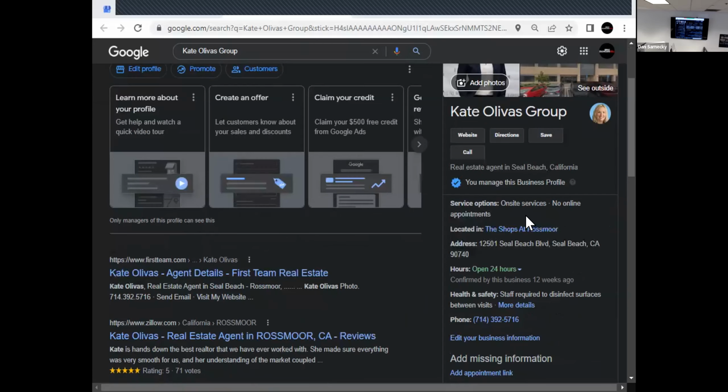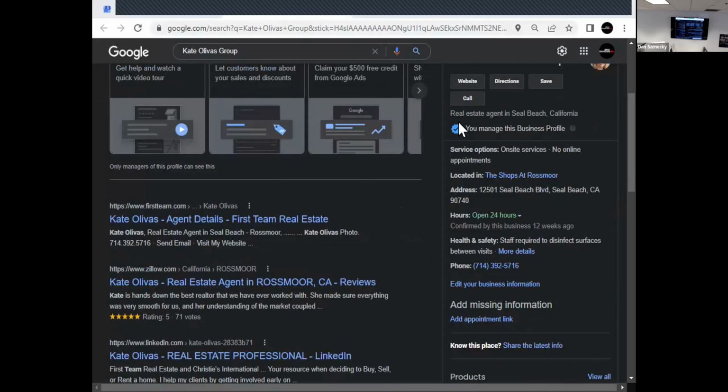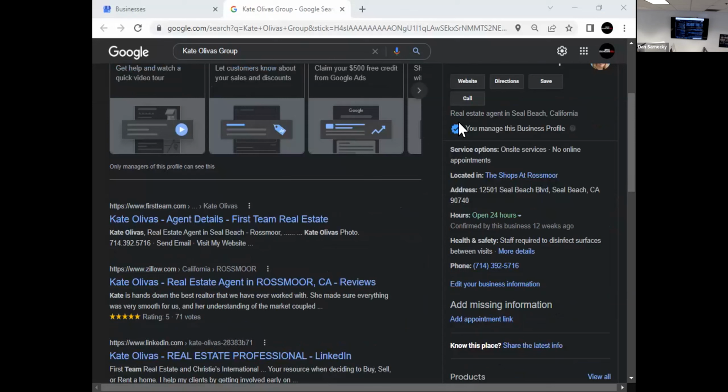So she works in the Rossmore office. She's kind of Seal Beach, Huntington Beach area. But what we have here is it's checked, so it's verified. So on the handout, it talks about a verification process. You can do it one of two ways. Sometimes it'll let you do a verification with a phone number, and that could be your cell number, and it'll just do a two-step verification with your mobile. If it doesn't allow you to do that, then you have to use their postcard method, which they automatically send a postcard to the office. Lisa will probably intercept it for you, and there'll be a 6-digit code on that